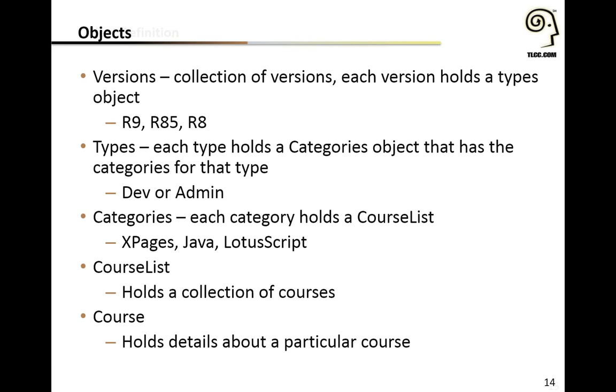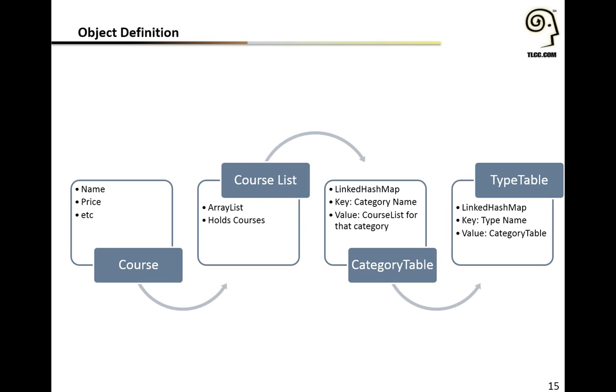So, just to look at it another way graphically, starting off with a course, each course has a name, price, description. We're going to put a group of courses in a course list, which I decided would be an array list. Array lists are good because you can feed those into a repeat very easily and then have it repeat through whatever is in that array list. So my course list object has an array list that holds my courses,